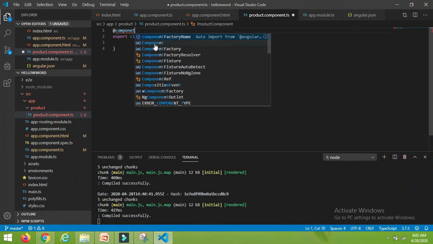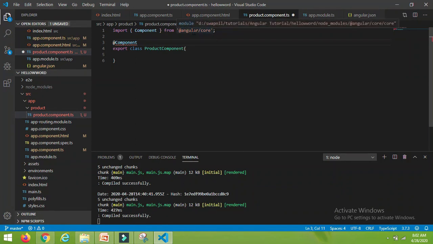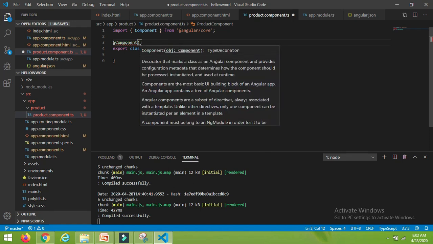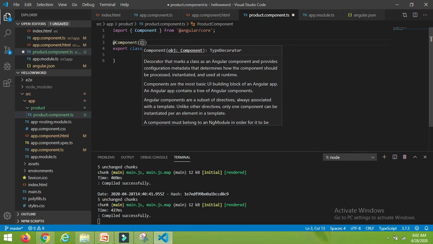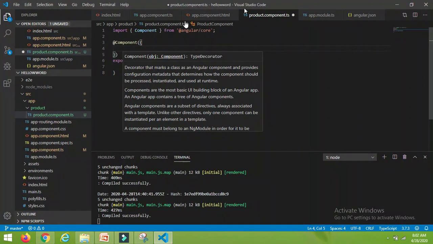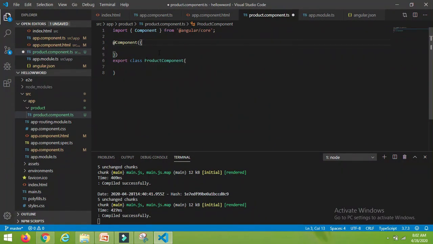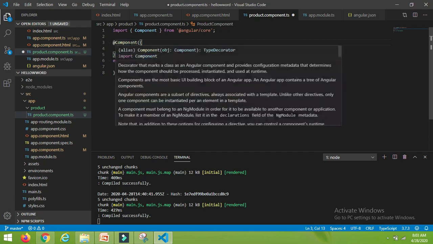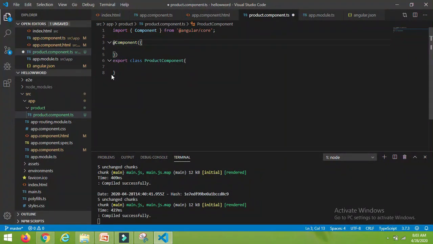Let's import this Component class from @angular/core. Now this will take an object, so I have to put it inside curly braces. Now Angular will consider this class not a simple class, but a component, because we have attached the Component decorator above the class name.